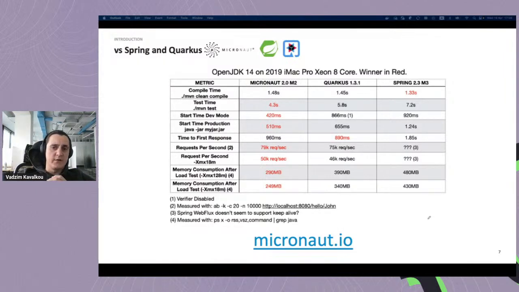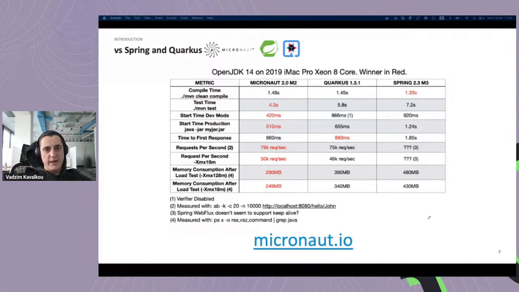You could always read it on your own in my previous researches and in the documentation as well. And today I'll check the performance of the native executable, including in Docker solutions, and the default one, including in Docker solution as well. Here you can find the comparison of Micronaut and